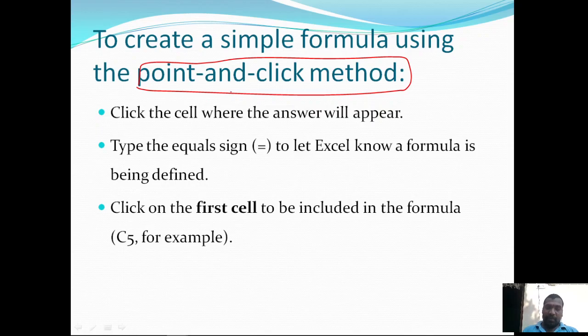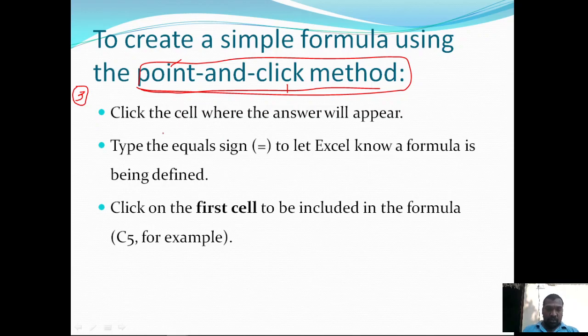In the previous cases, in the first case we gave the values directly to perform the addition operation. In the second case we gave the reference addresses of the cells to be added. In the third way, we are using a method called point and click method, using the mouse left button to point and click the cells we want to add.